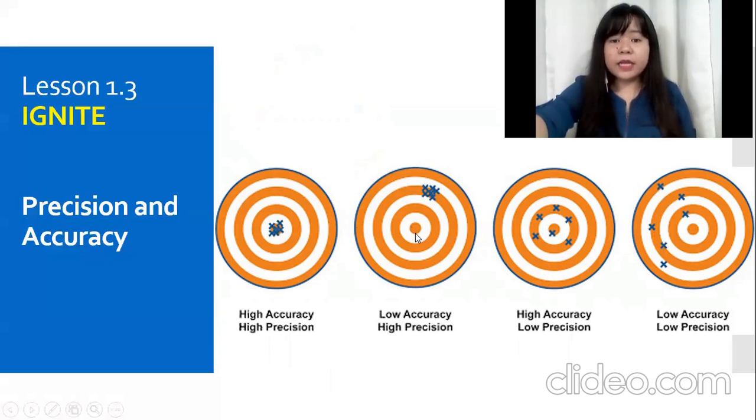In some cases, data could be of low accuracy but with high precision. This happens when you are consistently doing something wrong in your analysis. Next is a case where we have high accuracy. That's when the mean of all your data hits the target, but notice that the data is of low precision. So this is the effect of random errors, which we will discuss in a while. And then finally, this data set, of course, is undesirable. It's of low accuracy and low precision.